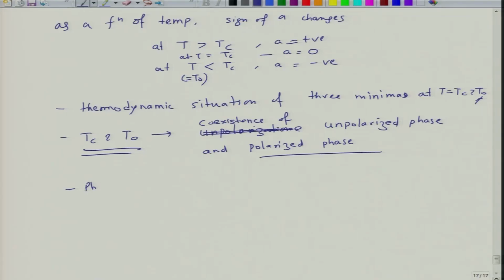But nevertheless, this funny state of the free energy well that you see, a triple well between temperatures Tc and T naught, suggests that you have coexistence of two phases, and this kind of phase transition is called first order.